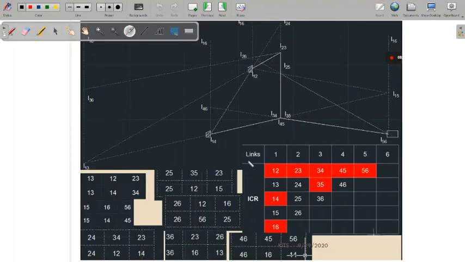Where is 2 3 2 6? This is 2 6, this is 2 3. So extend this line on both sides. Okay, and 1 6 1 3. Where is 1 6? 1 3 is here. 1 6 I can draw at any place, but 1 3 and 1 6 should be on the same line, so I am drawing one more 1 6 here. This line is intersecting this line, so I got I 3 6 here.